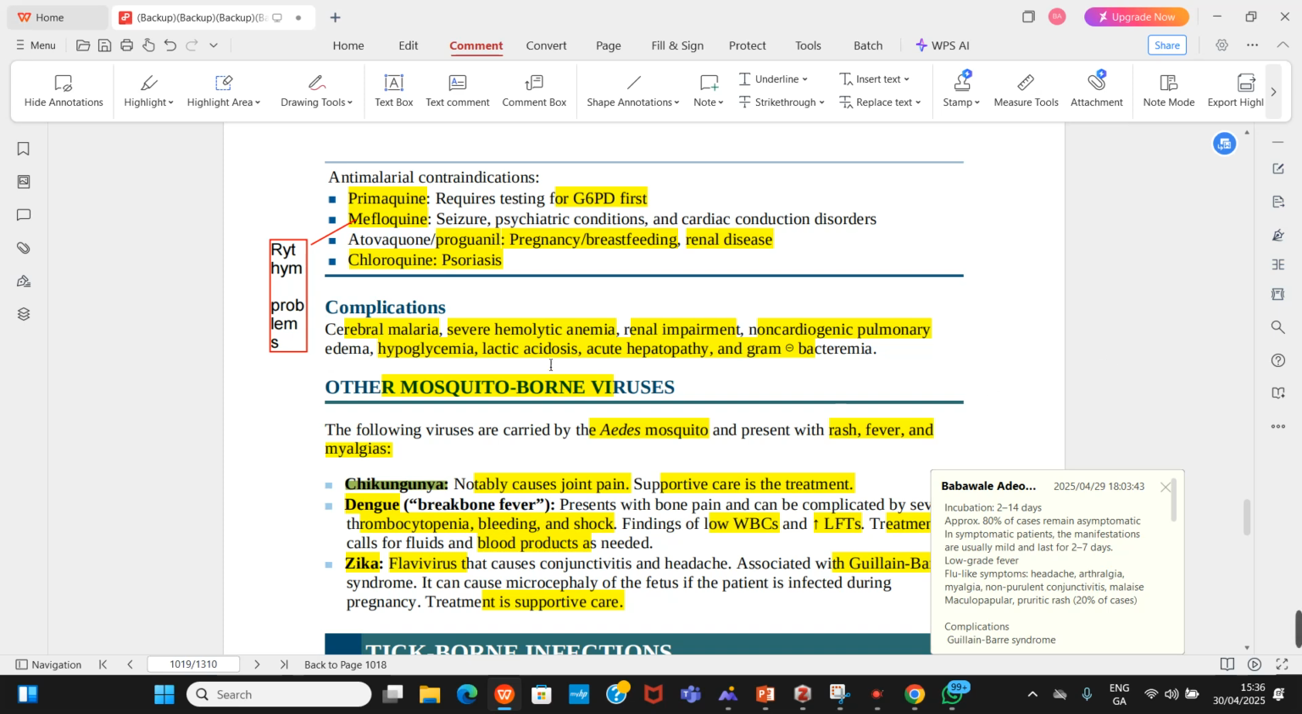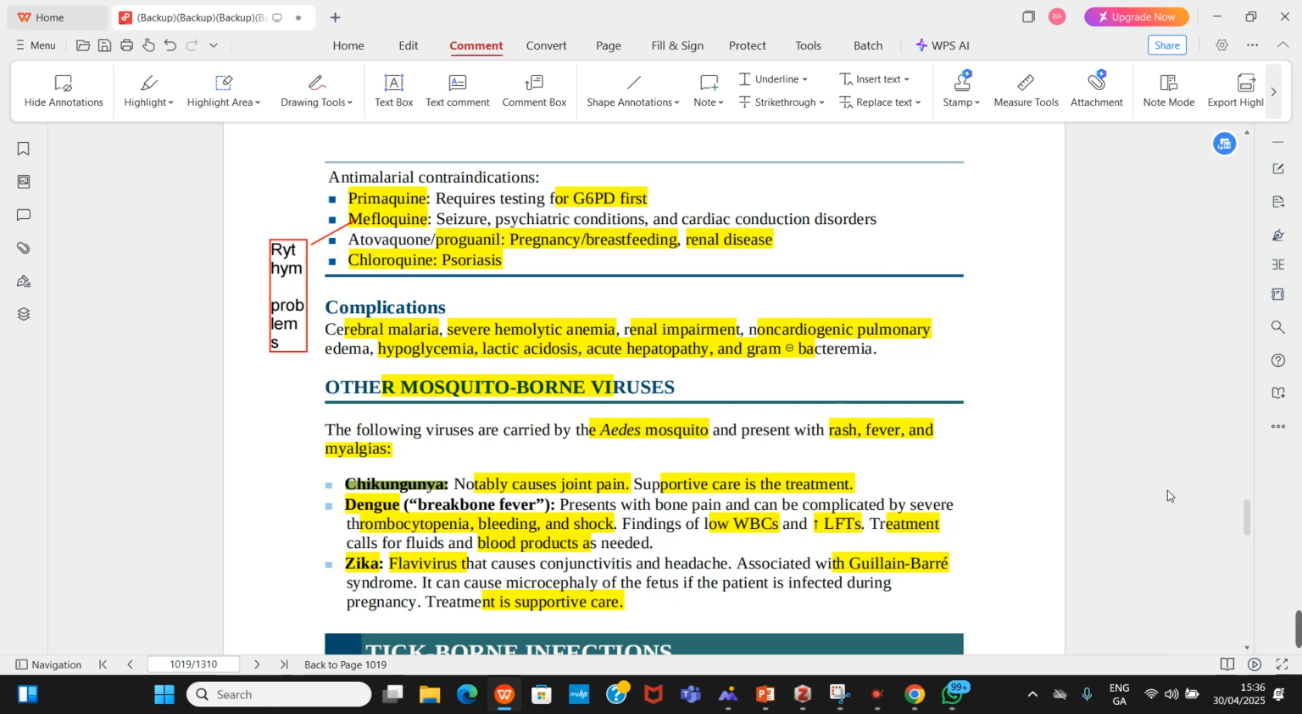So we know the complications of malaria. Cerebral malaria: they start having altered sensorium, confusion, seizures, retinal hemorrhages. Think about cerebral malaria. They can have severe hemolysis, hematuria and the like. Problems with the kidneys, of course: if there's bad hemolysis, you start having myoglobin being released into the blood. Myoglobin is toxic to the